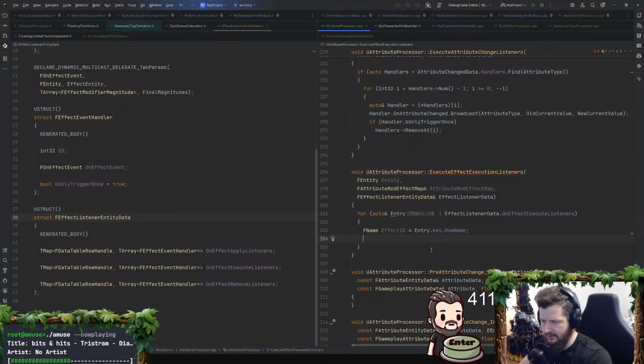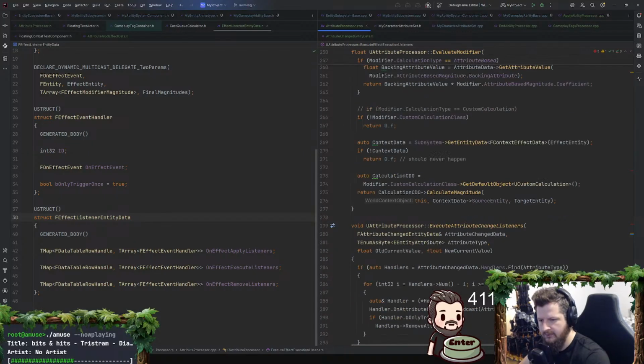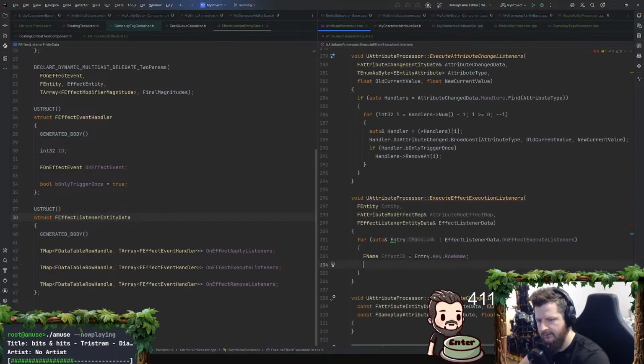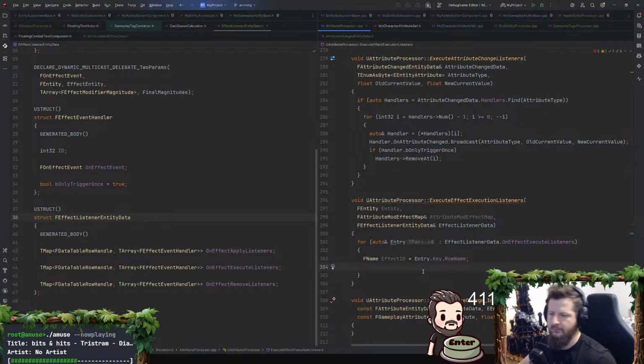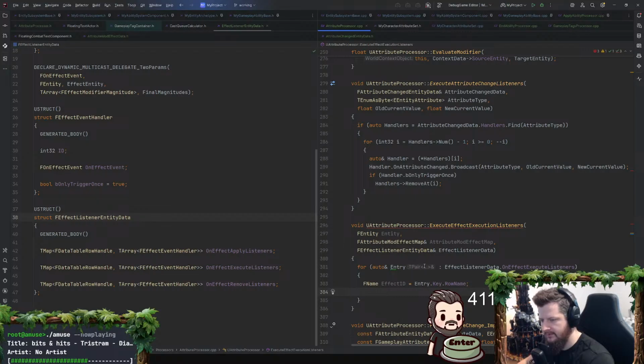Yeah, we're almost done rewriting the attribute calculation. Well, I did finish the attribute calculation rewrite for the third time. And now it'll handle per gameplay effect magnitude aggregations, like per attribute, per gameplay effect, per modifier operator. So you need to apply all the additives first and then the multiplicatives. We have all that tabulated now, basically. We have all that aggregated. I have all the information I need to execute the listeners.